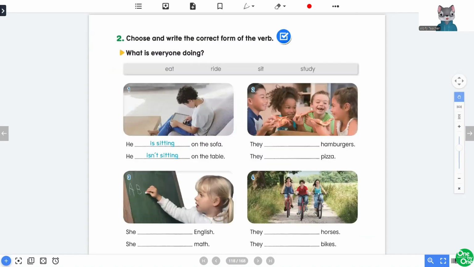I forgot to tell you, we need to use the present simple tense when we see a certain word. And this certain word would be